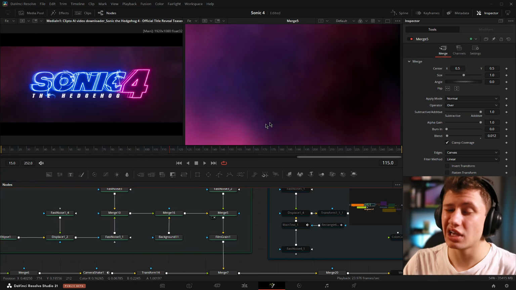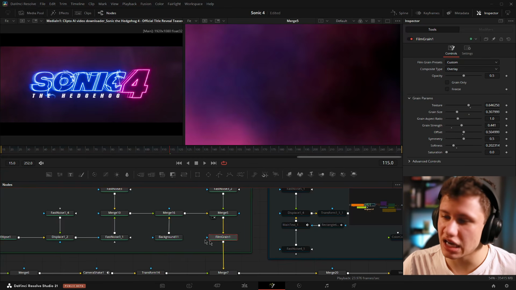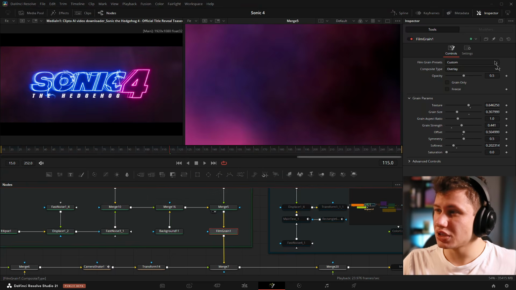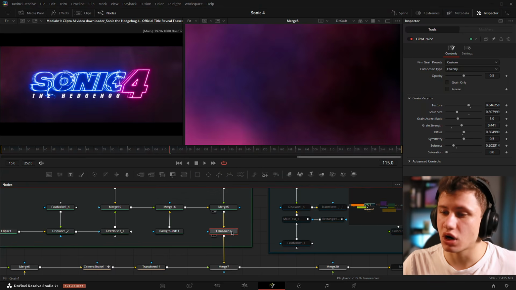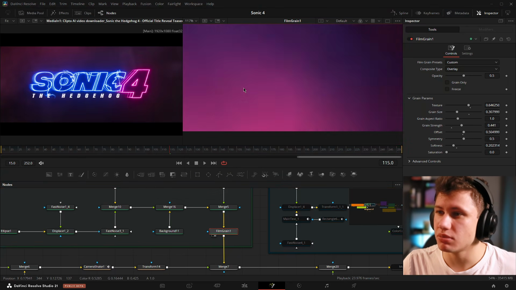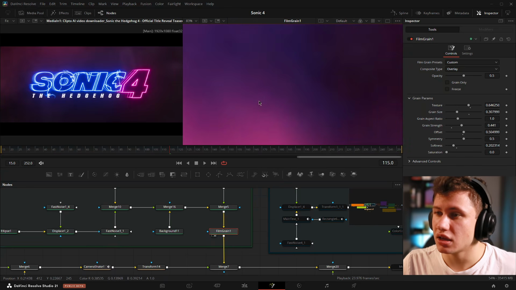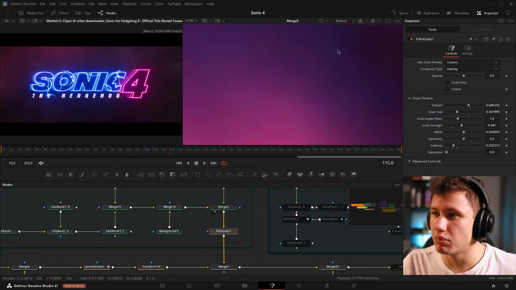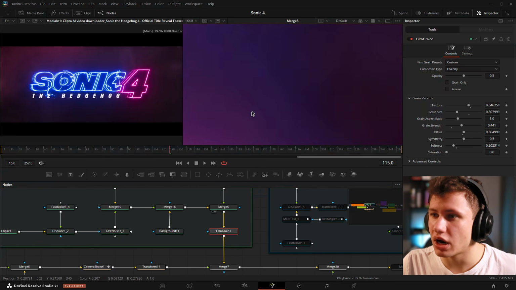Then to give the entire thing a little bit more texture, we plugged everything into a film grain node, which you can find right here. Then after making some adjustments to our controls here, we end up with something that looks like this. So here's before, here's after, and that also helps to hide the kind of banding effect we have here, where